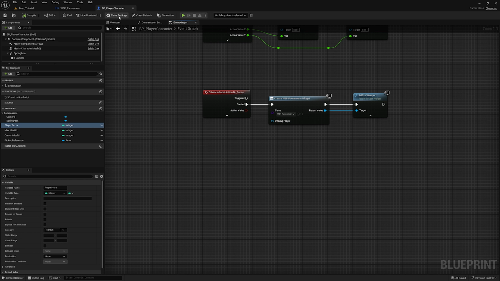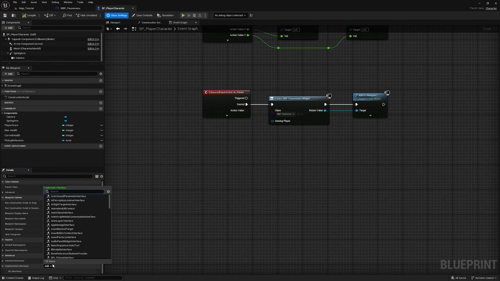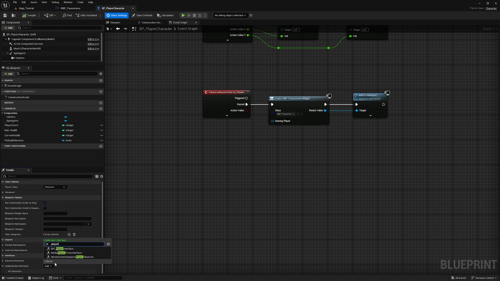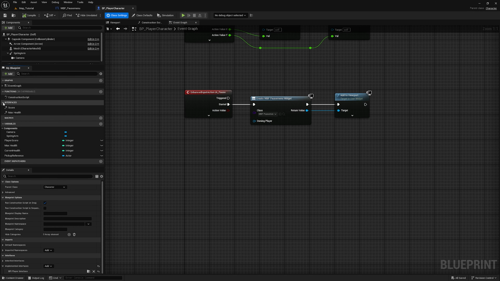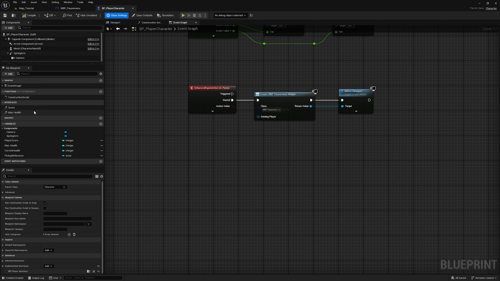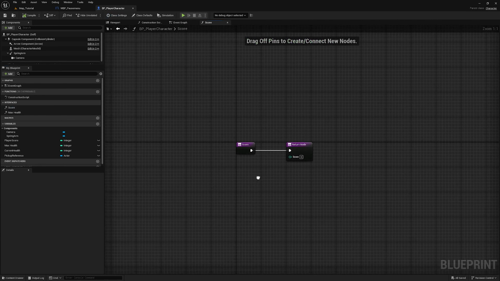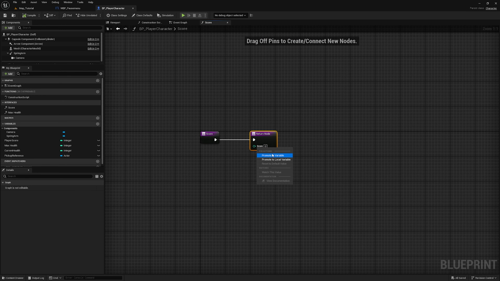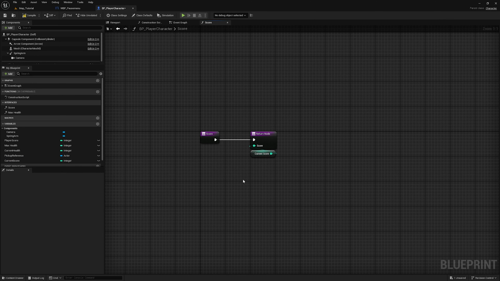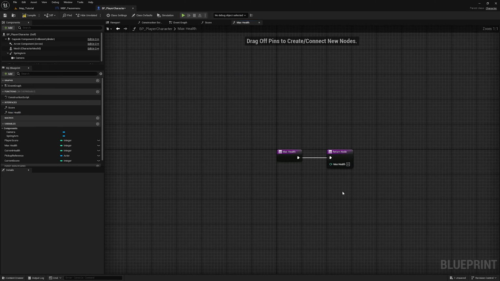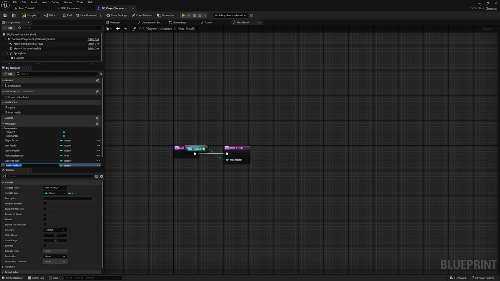And we are going to go to the class settings of our character and add our player interface. Expand our player interface, go into score, and I am just going to promote off of this return node and name this current score. And on the max health, I'm going to promote this as well. Max health,